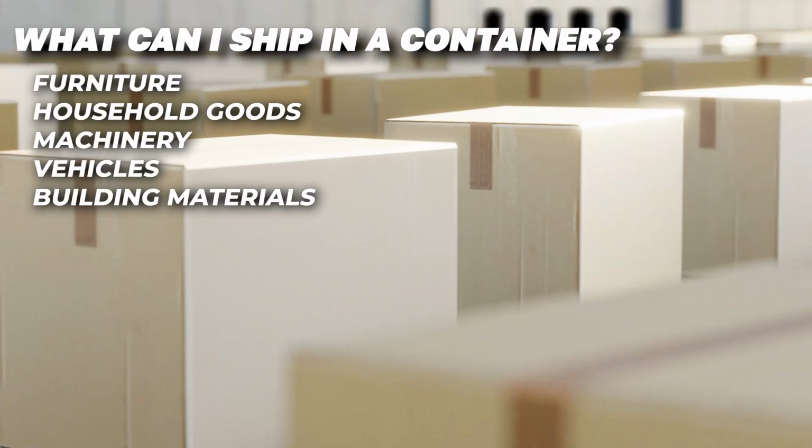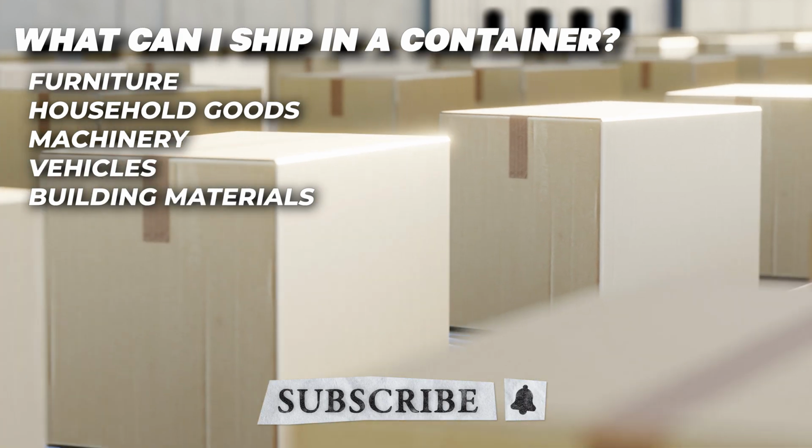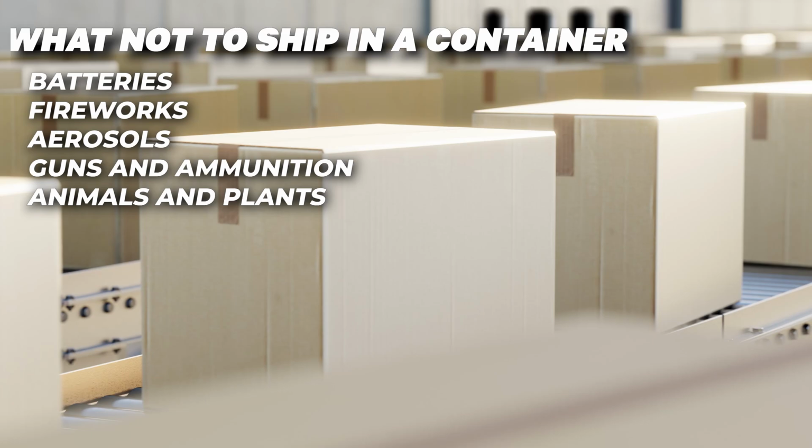You can ship a variety of items in a shipping container, including furniture, household goods, machinery, vehicles, and building materials. However, certain items are prohibited, such as...